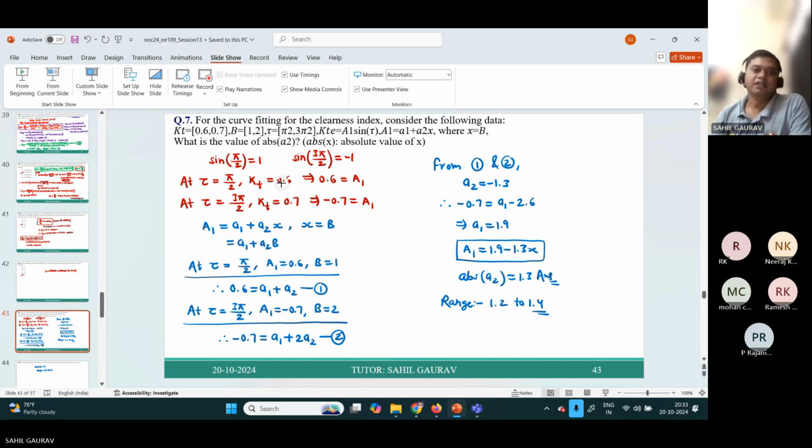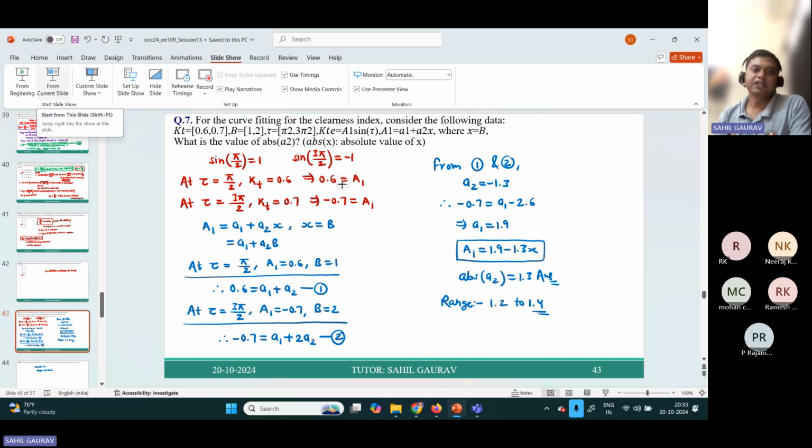So we'll find at the boundary. Sine pi by 2 is 1 and sine 3 pi by 2 is minus 1. So at tau equal to pi by 2, KT will come as 0.6. KT is given as 0.6. So if you substitute here